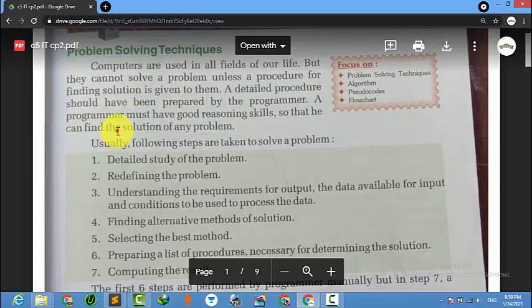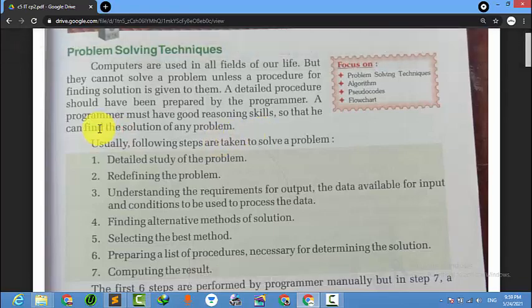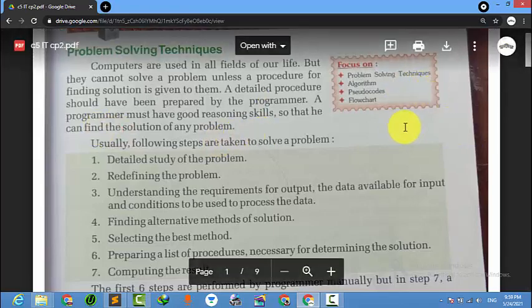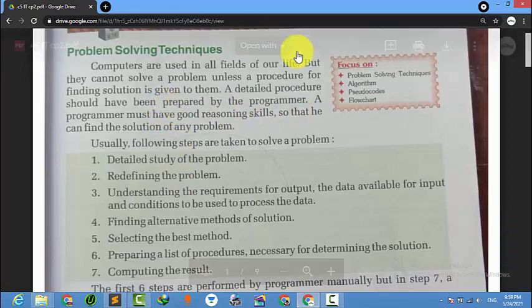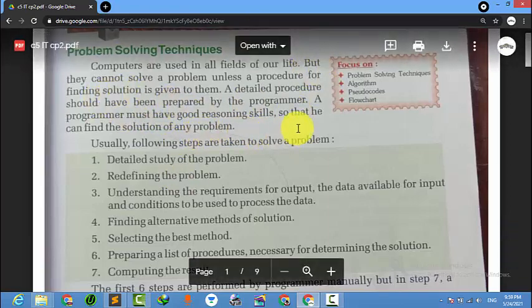In order to give the third term exam, we need to clear the first term and then the second term. So in this process there are steps. In order to achieve a goal there is a first step, second step, third step. This is called problem solving technique.